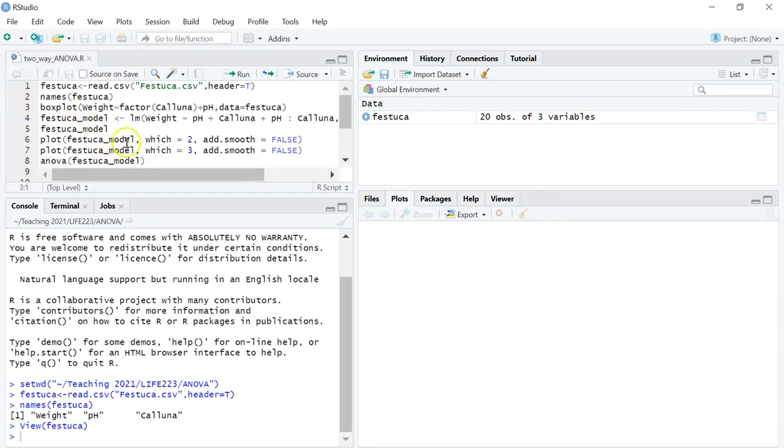First of all, it'd be good just to have a look and see, using a box plot, what's happening with that data. So this box plot function will be familiar to you from the data visualization and the t-tests. And we've got that weight against factor Kaluna. So plotting weight, that response is a factor of Kaluna absence or presence. And this is what you will have covered before. But we also have added in pH this time, so plus pH, because we also want to have a look at how it differs by pH. And we're telling R we want to use that Festuca data that we've already read in. So if I run this,